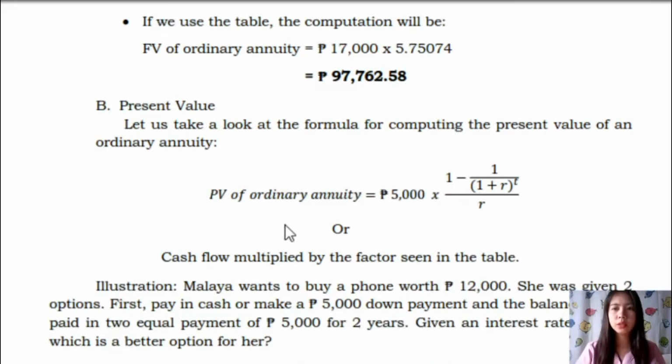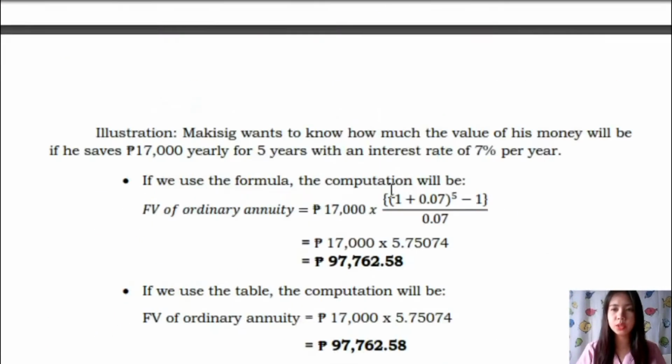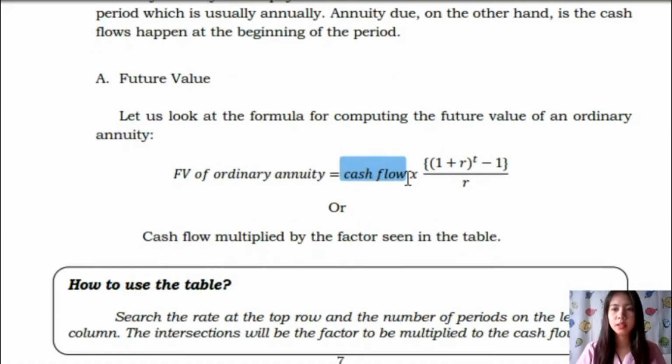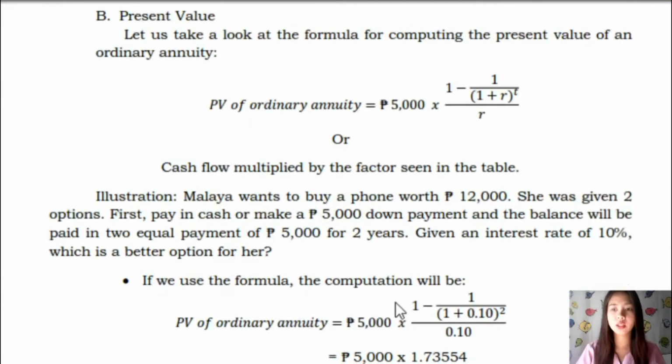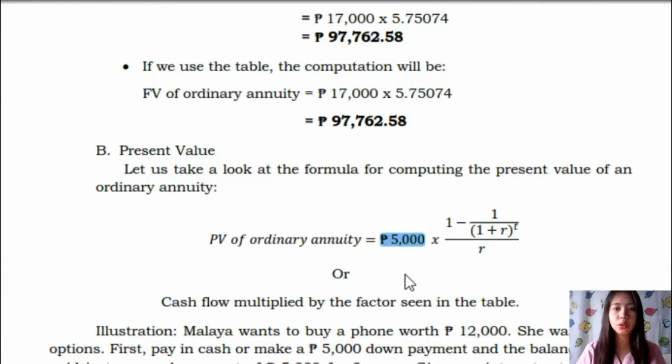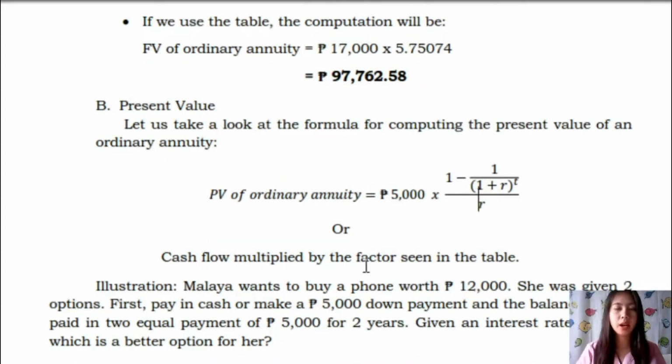Okay, so next is the present value. Let us take a look at the formula for computing present value of ordinary annuity. Okay, so typo error again. So this would be cash flow. It is not a constant 5,000. So this is the cash flow. Same with this one. Okay, so I just made a mistake. This is on the illustration, but this one should be cash flow, any cash flow in your given problem or scenario. Multiply by 1 less 1 over 1 plus the rate raised to the time, over the rate. Or cash flow multiplied by the factor seen in the